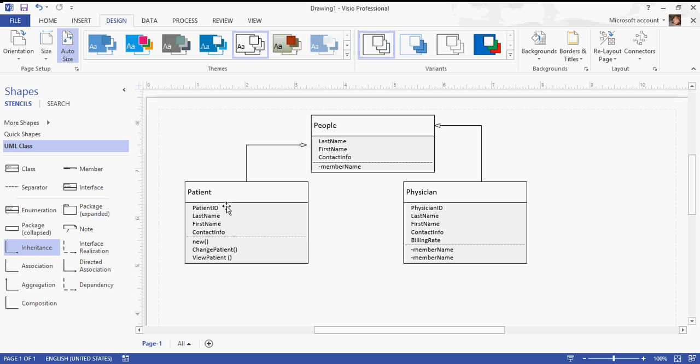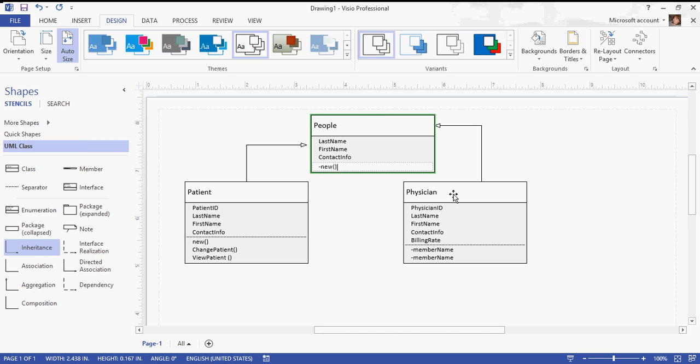Like for patient, I would pull people down and I would just have to add in patient ID and methods. And you can also include methods in people in a generic class. If there are certain methods that I may use with both patient and physician, say